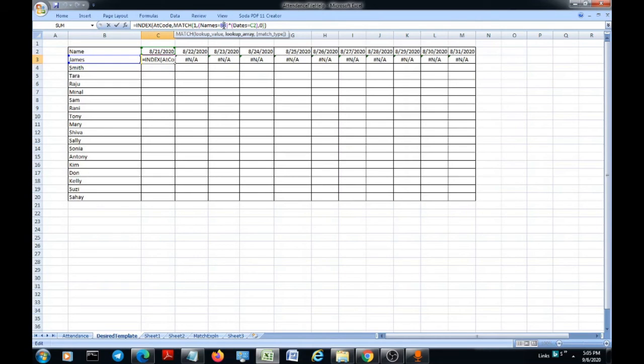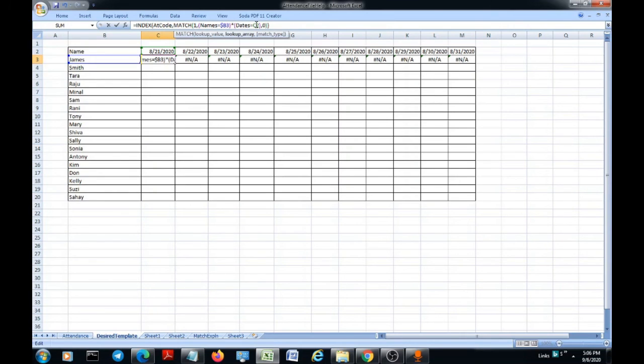So I press the F4 key. Once I press, everything becomes a constant with a dollar symbol added behind them. I press again, so the row number got locked here. What I want to lock here is the column number, so press F4 one more time, and the column number got locked here.